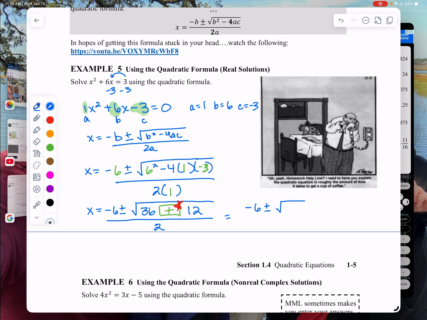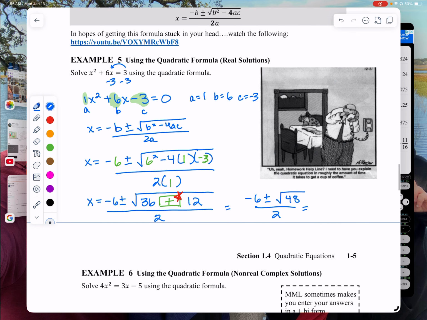over 2. Now 49 has a square root, but 48 doesn't. So I start thinking of what goes into 48. I noticed 4 goes in there. So 4 goes in there, let's see, 12 times. So that would work because 4 has a square root, but do you notice that the 12 also has a